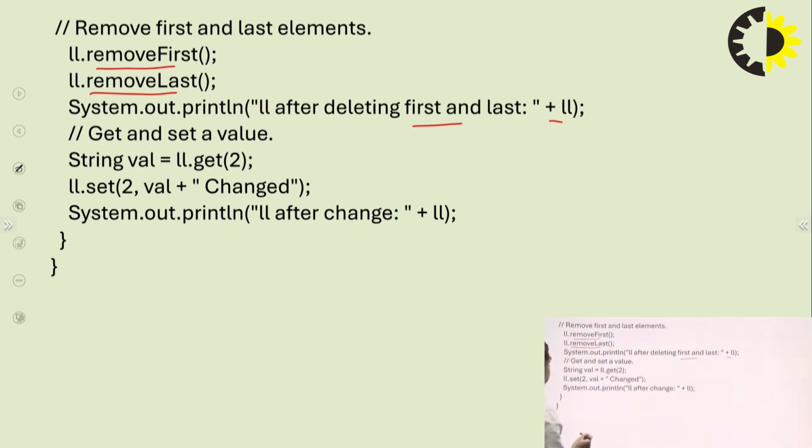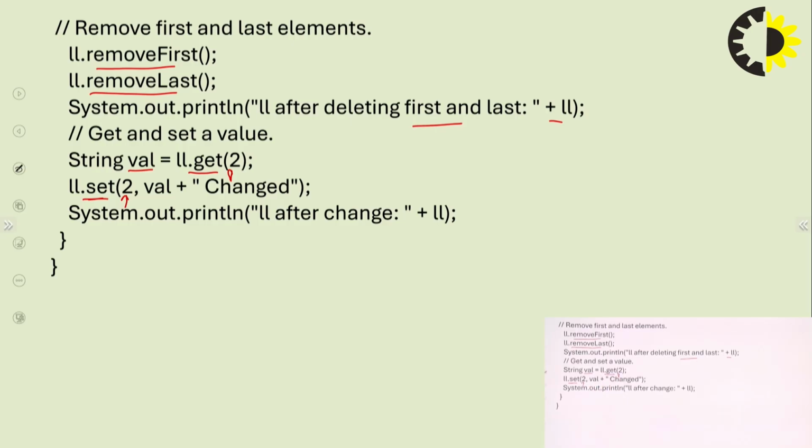So, here you can see it is also possible to change the content of a node. We can change it with the help of the set method. First, we have taken the value at index number 2. We are using the get method, and we just pass the index number. Whatever the value at node number 2 will be retrieved and stored in the variable VAL, and with the help of the set method at index number 2,